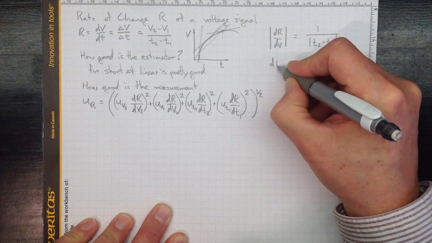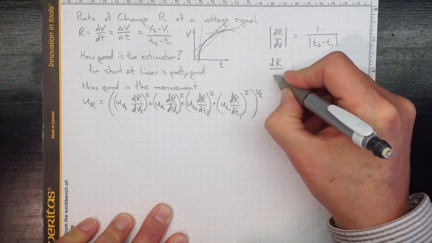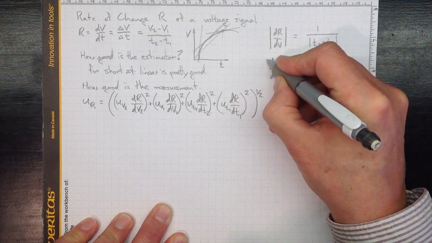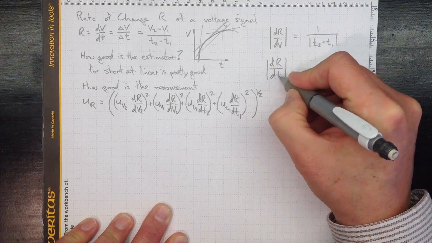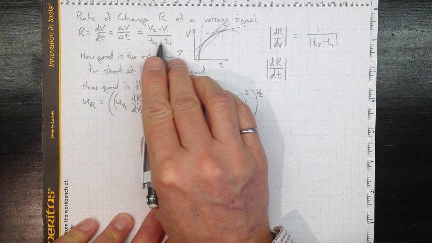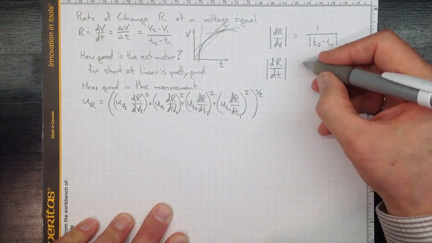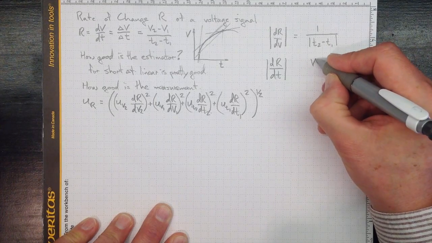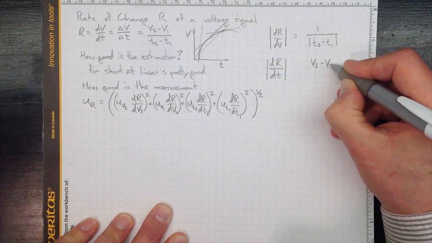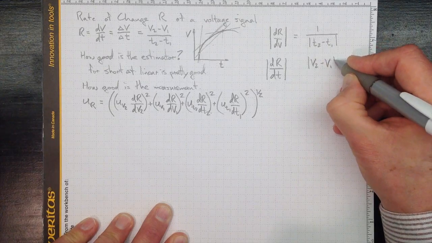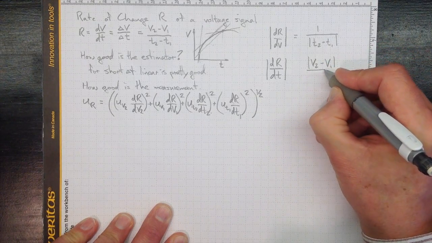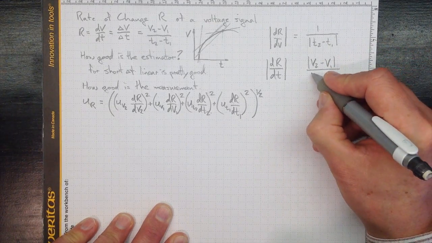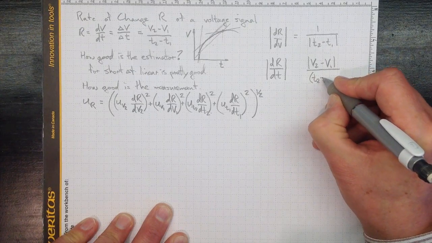Similarly, the magnitude of the rate of change of R with changes in T, either for T2 or T1, it's going to have V2 minus V1 on top divided by T2 minus T1